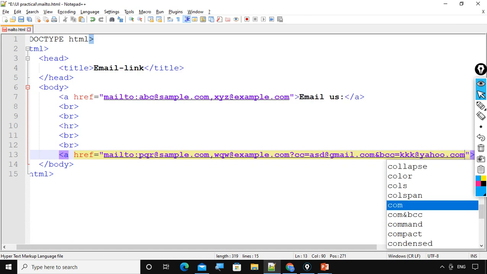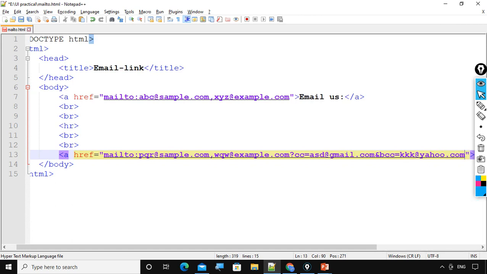These emails are dummy email addresses. Okay, our carbon copy recipient is ready and our blind carbon copy recipient is also ready.